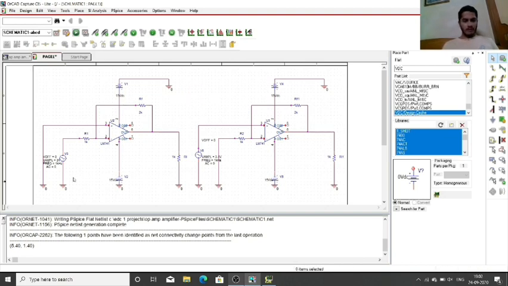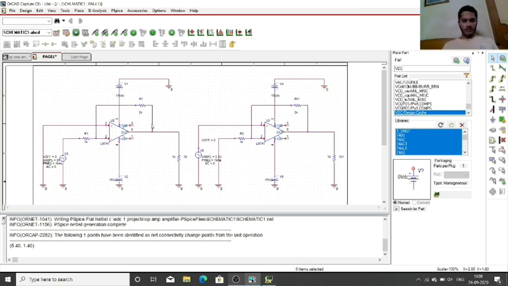So this is the inverting amplifier configuration. I've applied an AC input at the inverting terminal of this op-amp, and the op-amp I've used is LM741C. This is the non-inverting configuration because the input is applied to the non-inverting terminal of the op-amp.